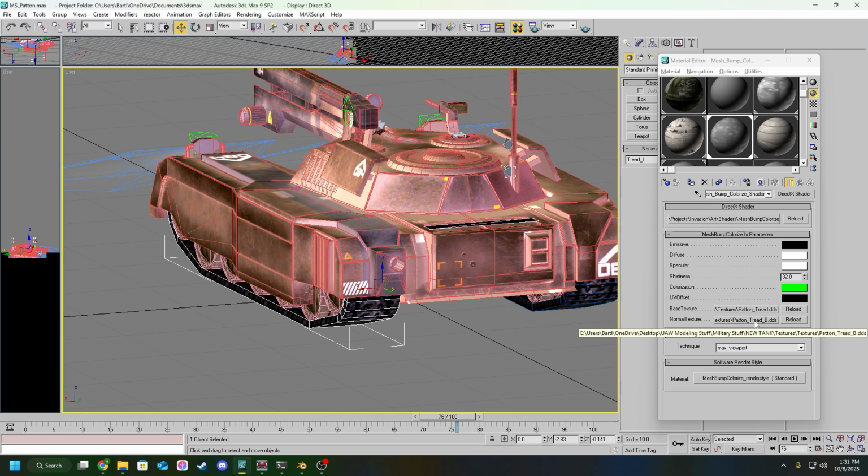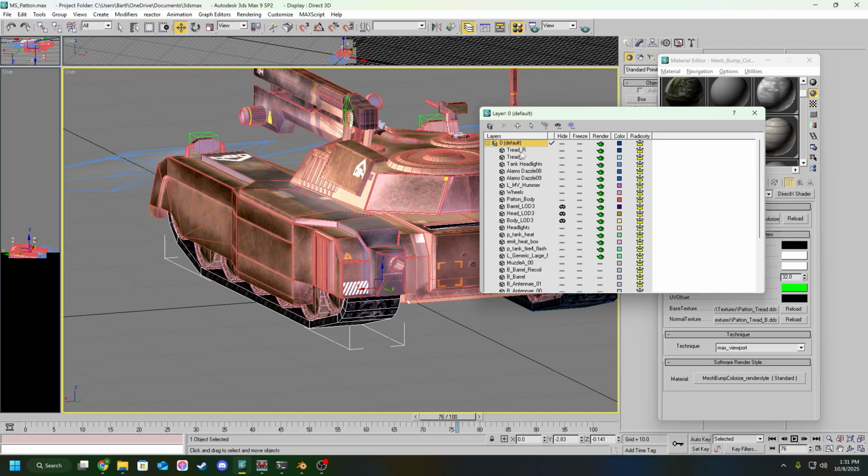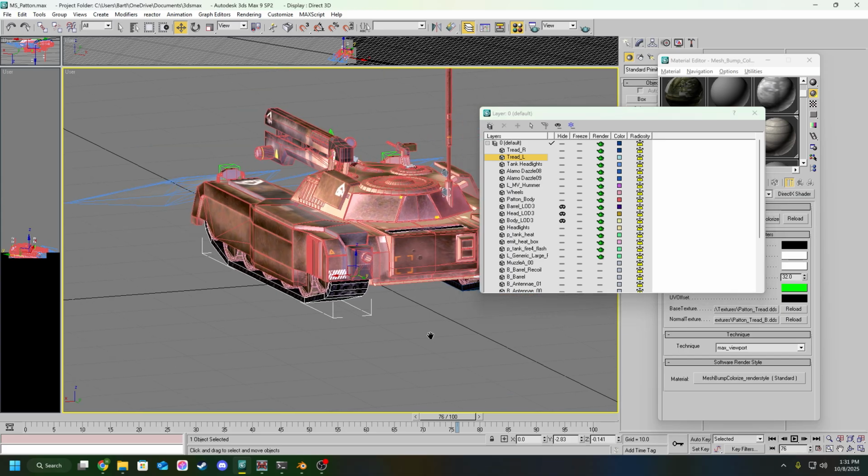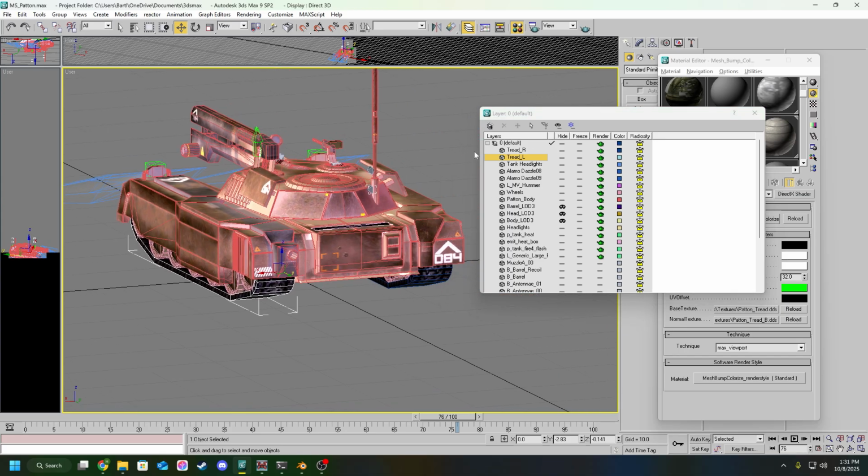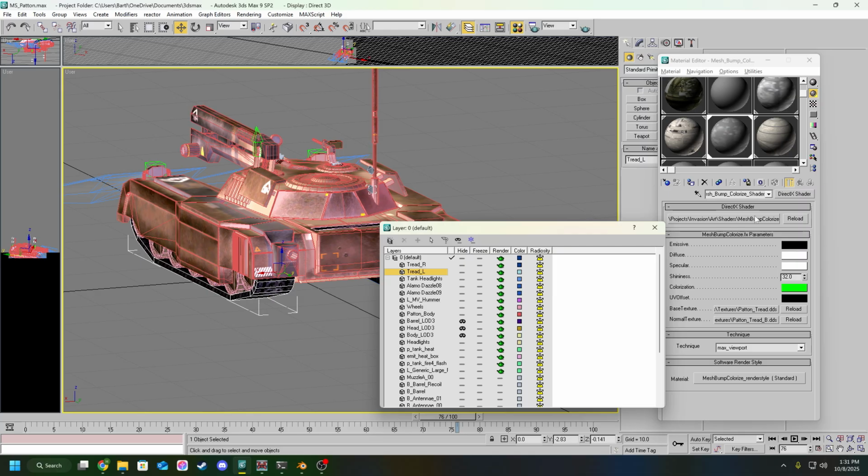That's fine. Okay. But in order for it to have tread physics, the objects need to be named tread R for right tread and tread L for left tread. Having that name is what applies the tread physics. So you combine this material with these names, and that basically makes it to where the